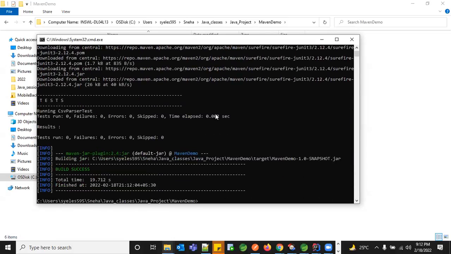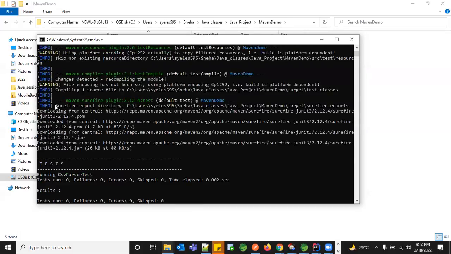Whenever you have written n number of test cases, what happens? It shows the number of test cases run, number of failures, and how many got skipped. There might be a few things where you're expecting an error and that is the output of that assertion, then those would come here. And the test cases might fail because of your assertions or if your functionality is not working. Then your build will fail and you'll have the error count and the relevant description here. Right now we just had one test file and it doesn't have anything, so everything is 0.